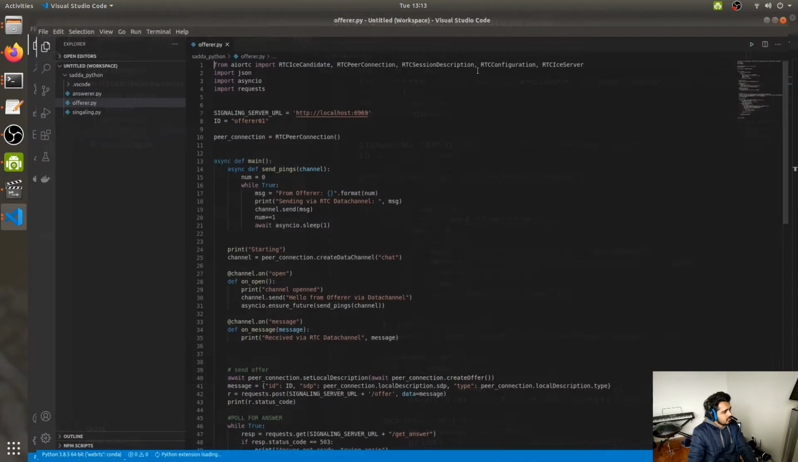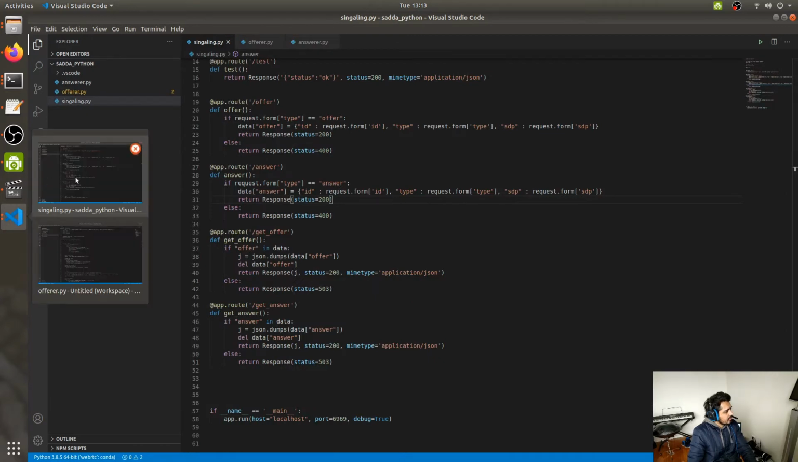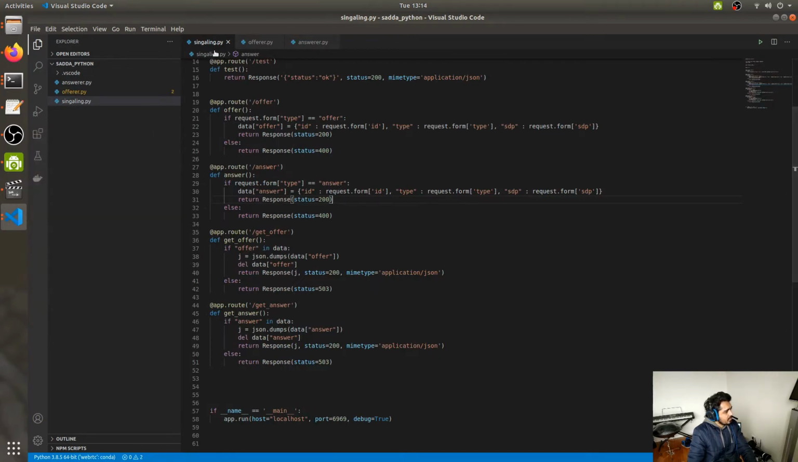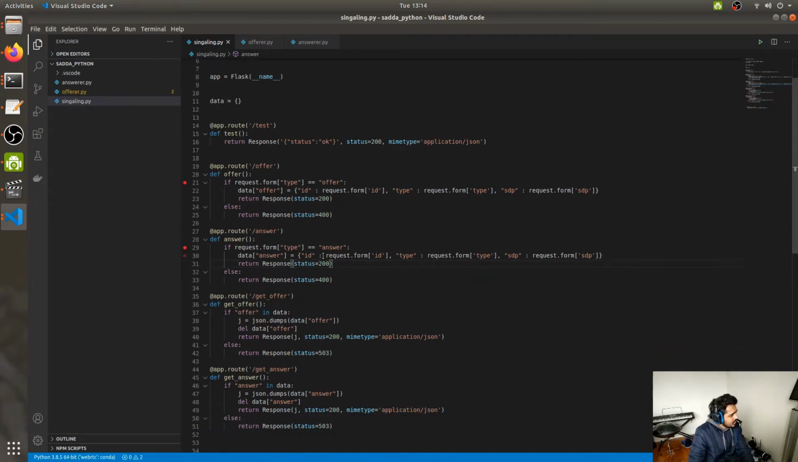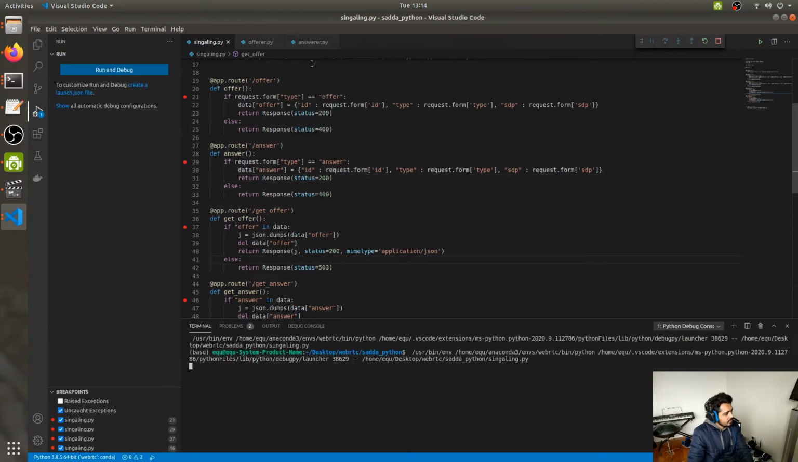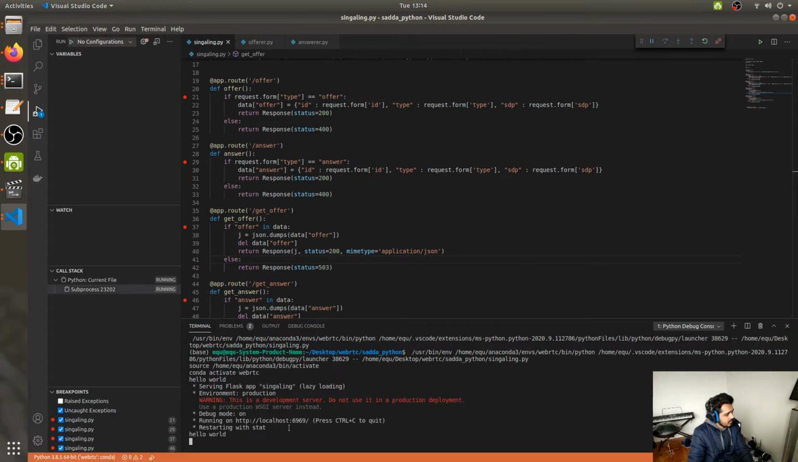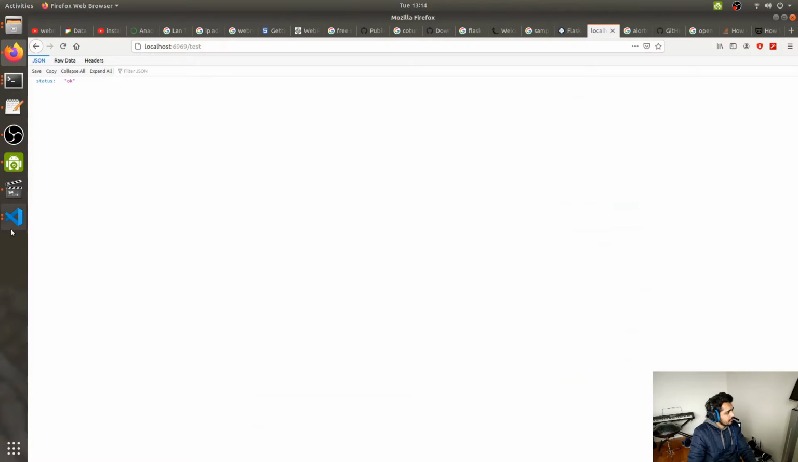Alright, there we go. Okay, so now we have 2 instances of Visual Studio and we can run them both simultaneously. Let's run signaling here, and we're gonna do it with some breakpoints in so we can see what's happening. Now I'm gonna run it. Okay, so it's running over here. Now let's go into